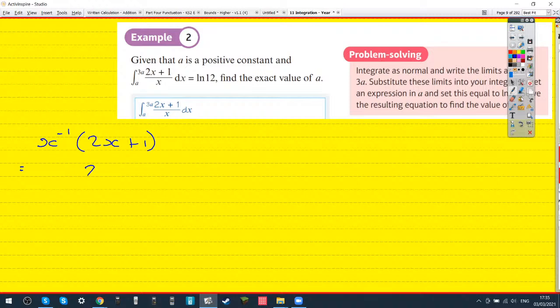Yep. Plus x to the minus 1. Then if we integrate 2, then we get